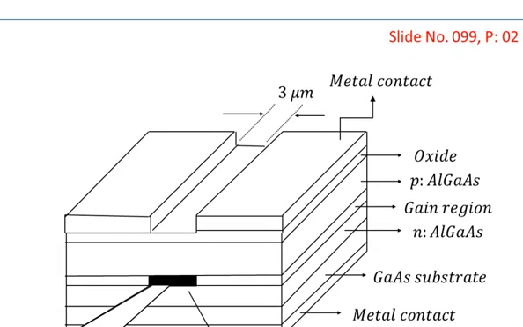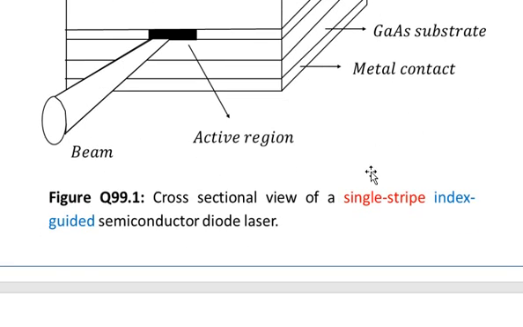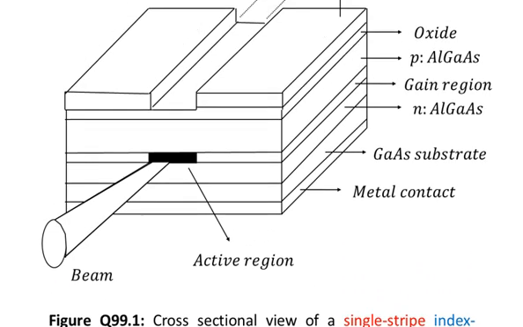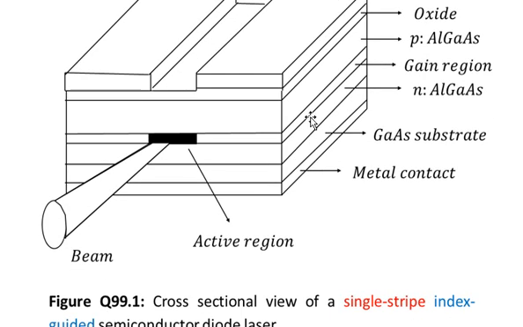So here is figure 1. The caption is cross-sectional view of a single strip index guided semiconductor diode laser. You can see that this black area is the active region, and along the length of this semiconductor material, the lasing action will take place and the light will come out from this end. So the beam is coming out from here,